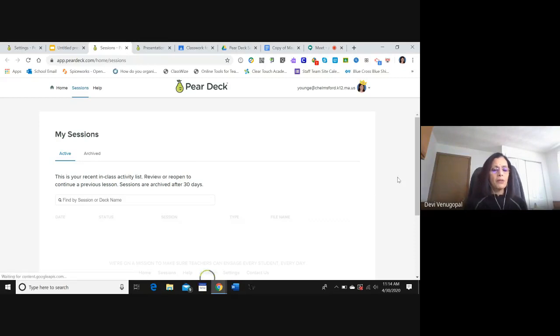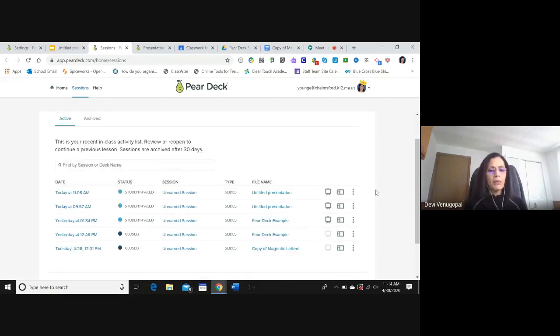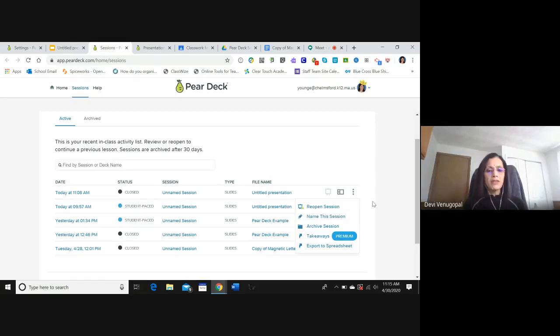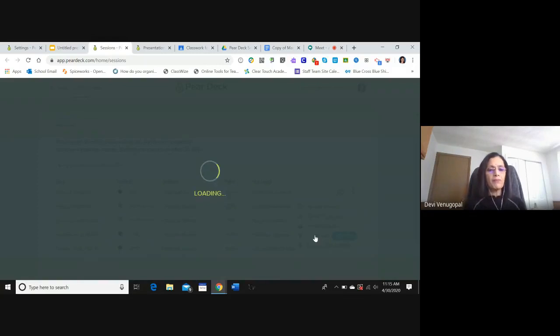it will come up with all the sessions you have conducted. And at that point, you can stop the session. So if you look at today's session, it says today at 11:08 a.m. It's a student-paced session. You can go to the 3 dots and you can end the session. Once you click end session, that session is now no longer available for students to respond to. At that point, you can click on takeaways. And once you click on takeaway,